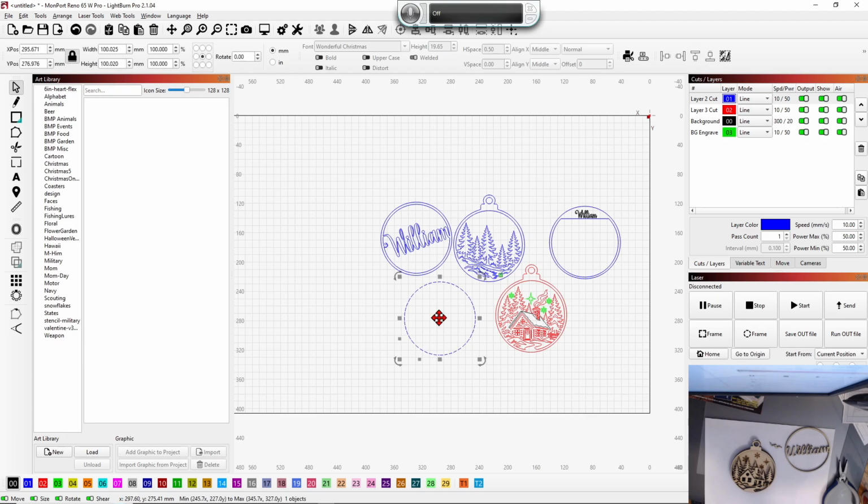This is my background cut layer. This is my foreground with the name for personalizing. This is my layer 2. I'm going to change a couple of things. I'm going to go ahead and put this on a different cut layer. We'll put it on 5. I like colors I can see better. And we'll call that the